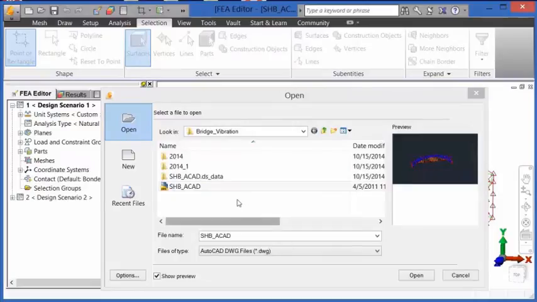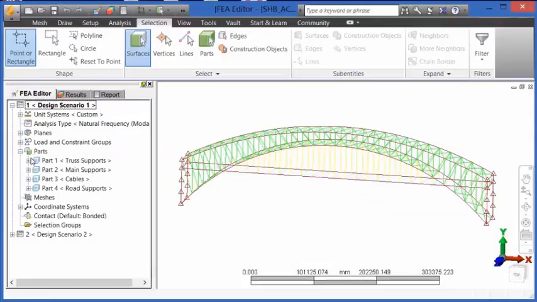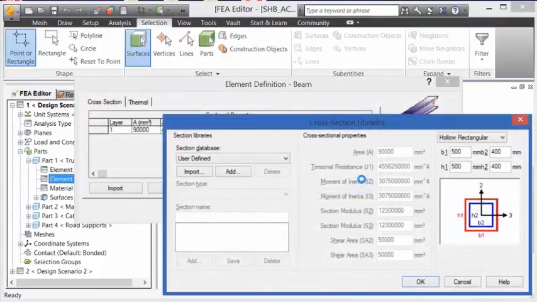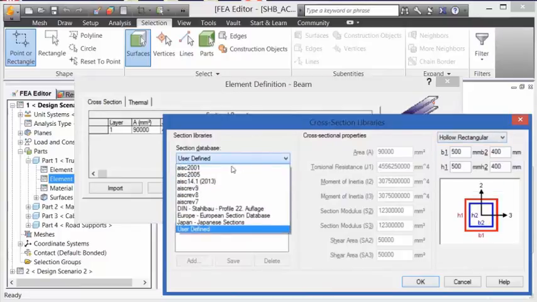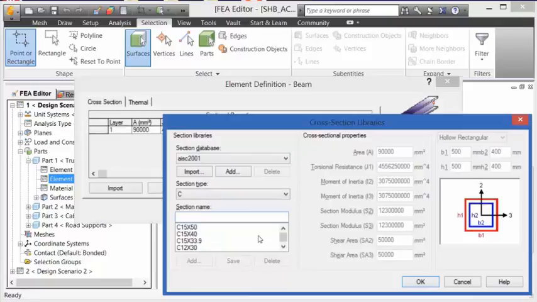We're going to open an AutoCAD .dwg file into Autodesk Simulation Mechanical. Once the geometry is in Autodesk Simulation Mechanical, we can define what sorts of beams we have. There are several standard configurations, or we can use an AISC library. If we choose an AISC library, we can choose the type of section and have the program read in the